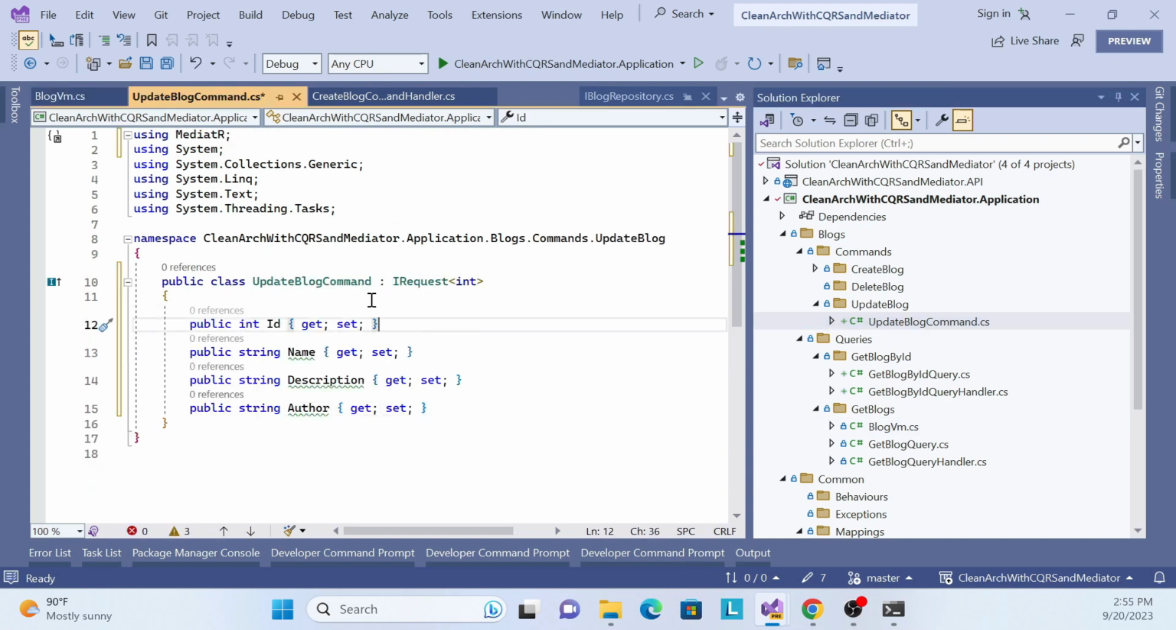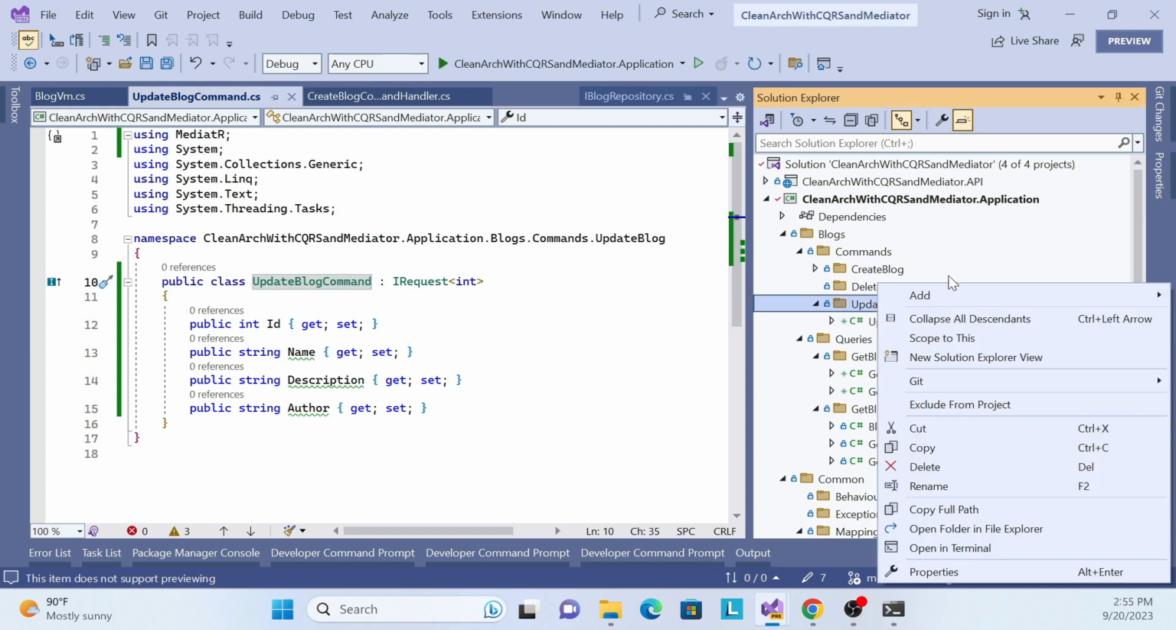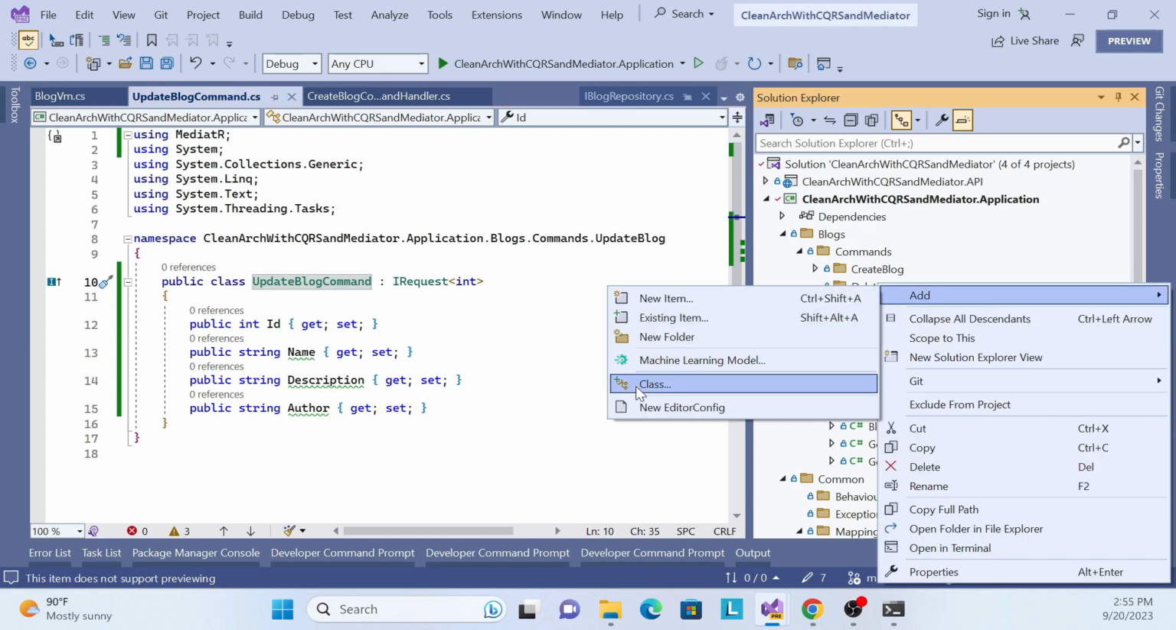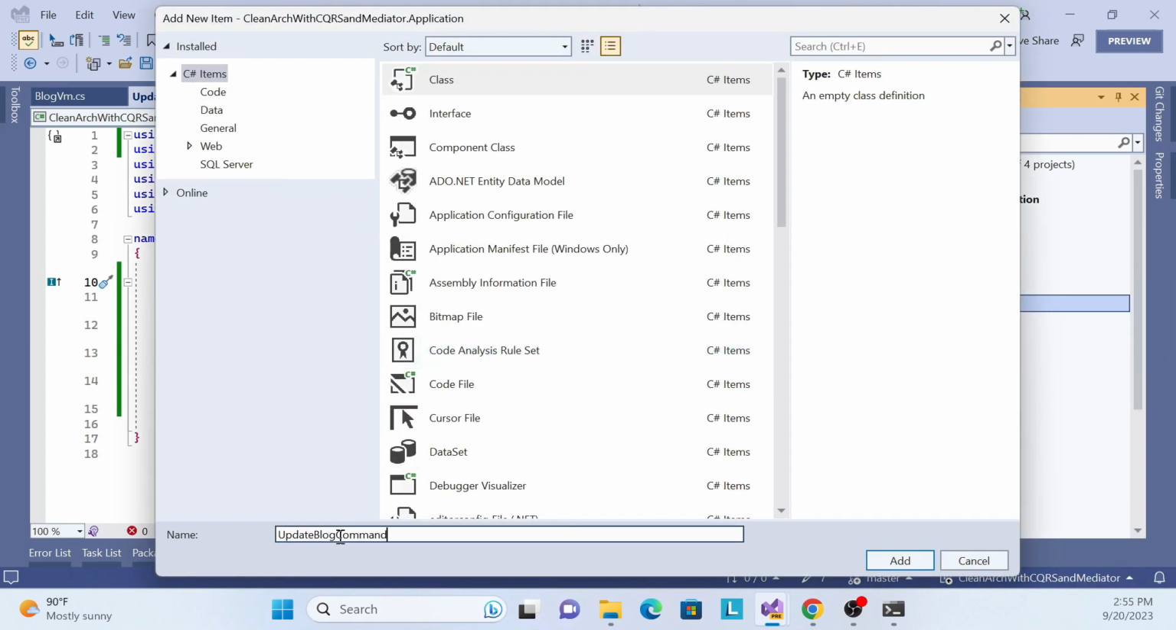Okay, so in the update command, what we'll get from the user is the ID, name, description, and author, the same things we have to update in our DB. Okay, so that is done, the command is created. And now what we need to do is create a handler, the update command handler. So how can we do that? Create a class and just put some name like UpdateBlogCommand